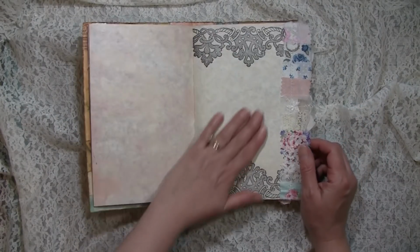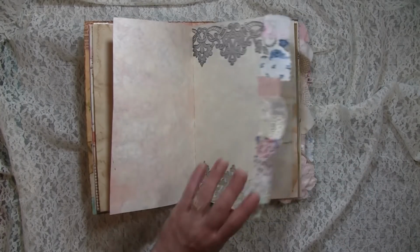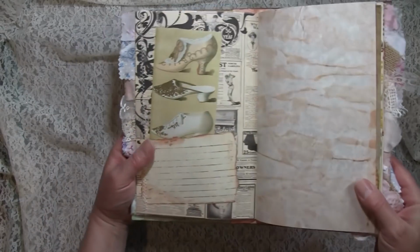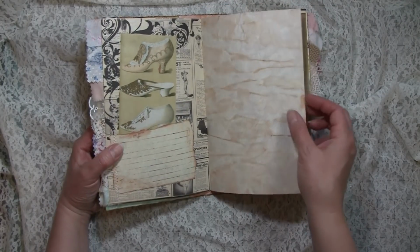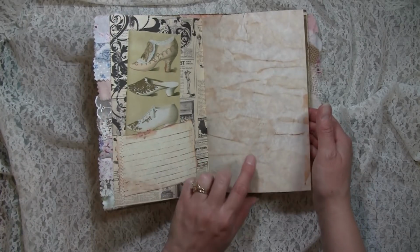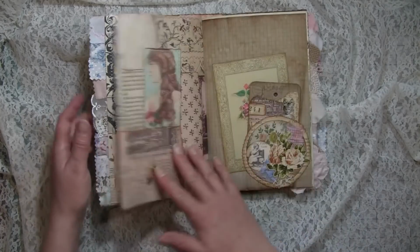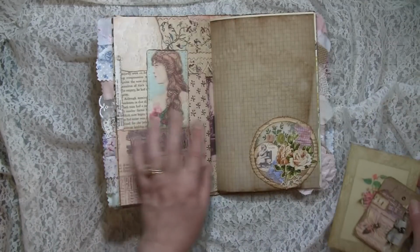This is Medieval Mirage. That's her silhouette, and I stitched fabric down the side there just for a little added interest. And then this is my Ada digi. And this is Denise's coffee and tea stain digi. I think that's the tea. And that's my cabinet cards. And then I added this little